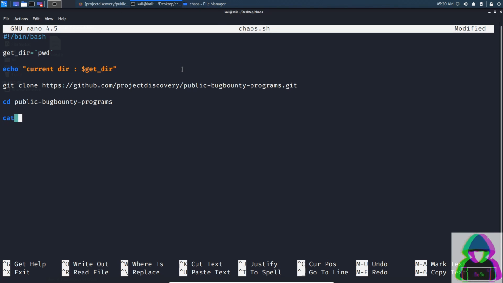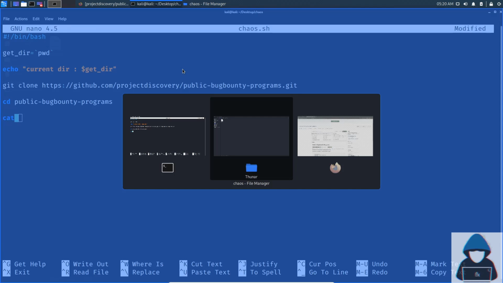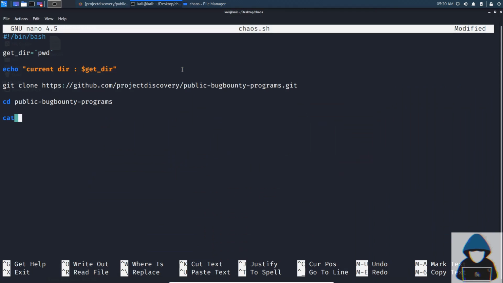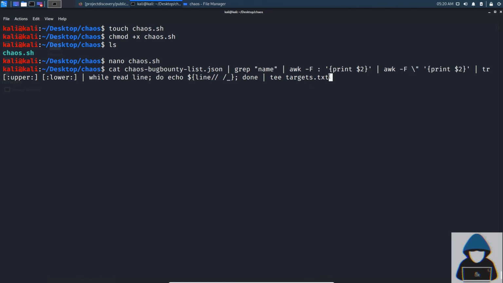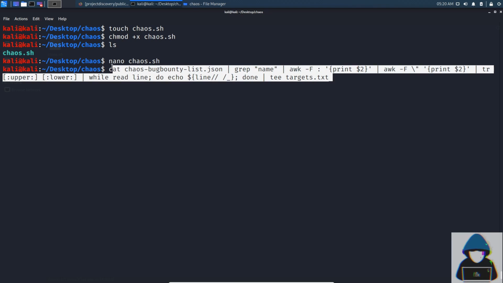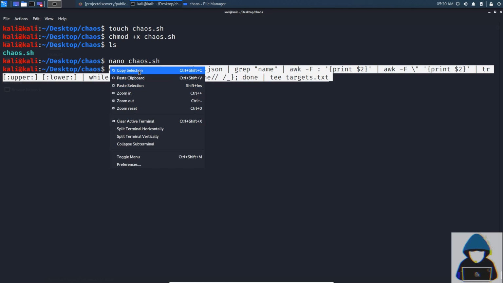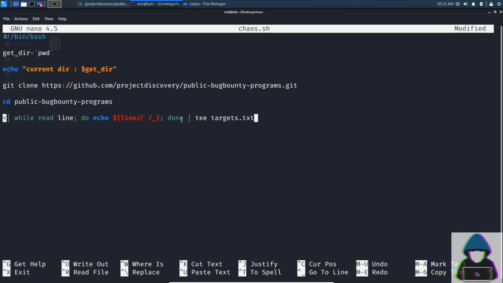Performed before to filter out all the programs from the JSON file within the repository. Now I am going to copy that command and place it here. As you can see, the output is going to be saved into the targets.txt file.